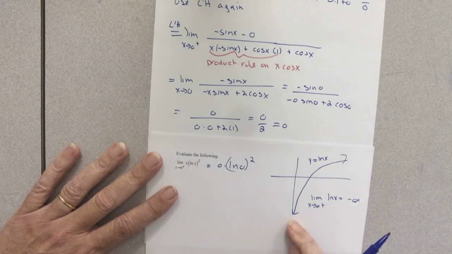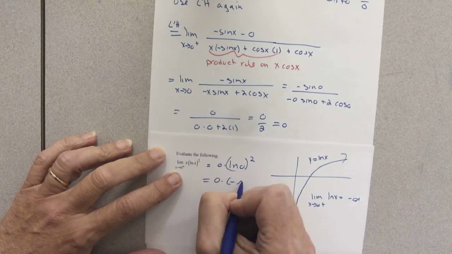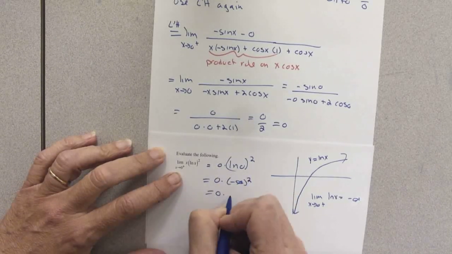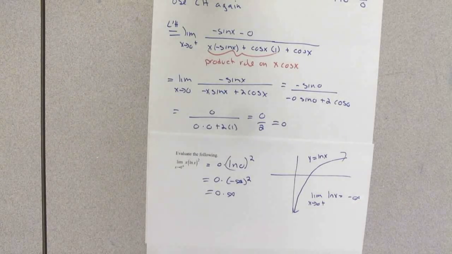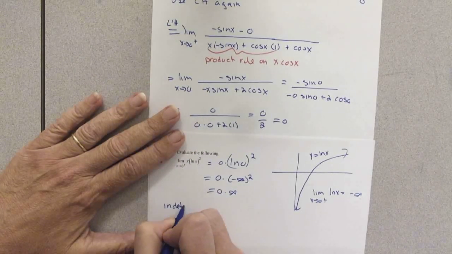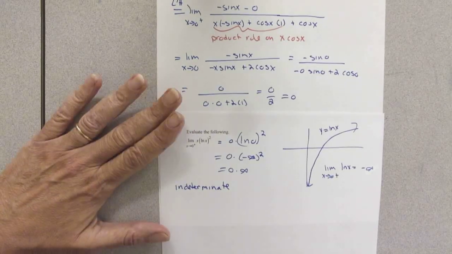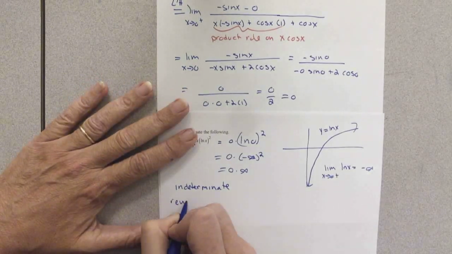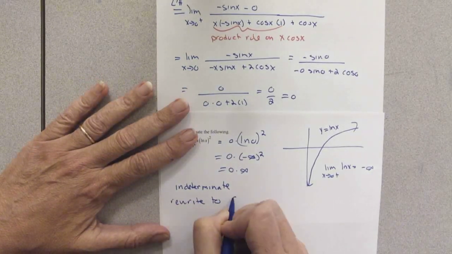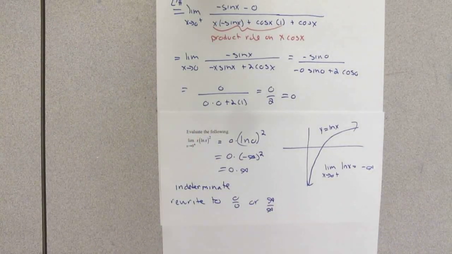If I come from the right, going nearly straight down, negative infinity. So the form I have here, horrible, horrible notation, 0 times infinity. So it's indeterminate. My only hint here is to rewrite to 0 over 0 or infinity over infinity, because that's the only thing